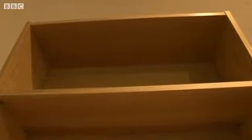But as a piece of design which just functions incredibly well, is there a need for it to evolve? Is there a need for it to change? It works incredibly well already. So yeah, I'm glad it's still retailed, because eventually I will need another Billy bookshelf and I'll know I'll be